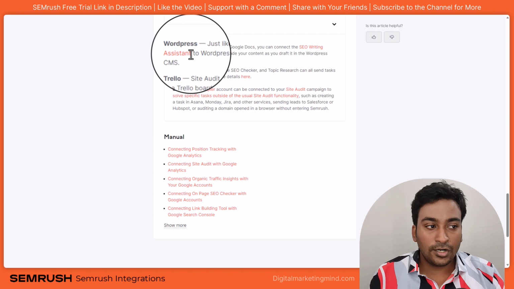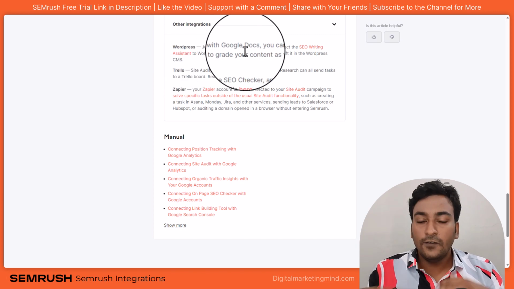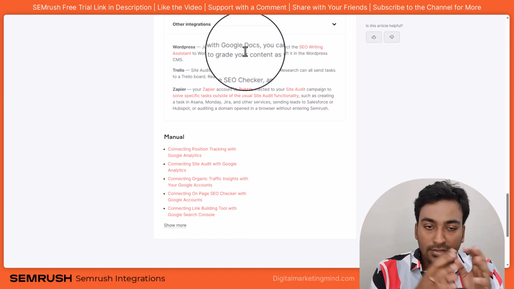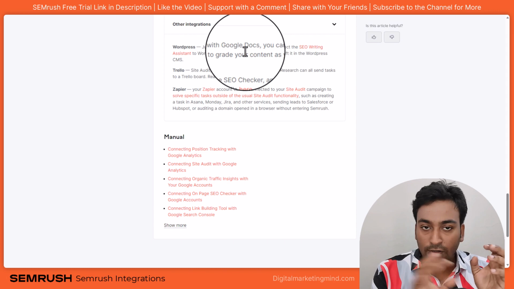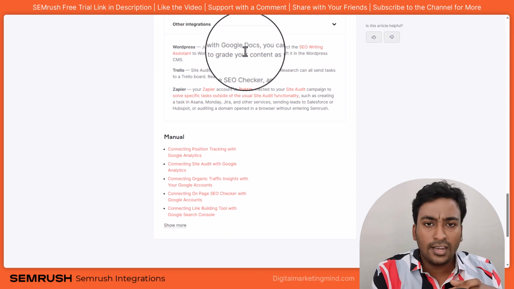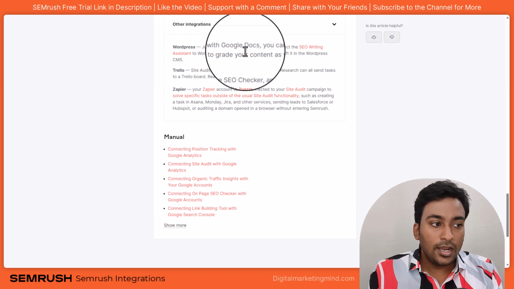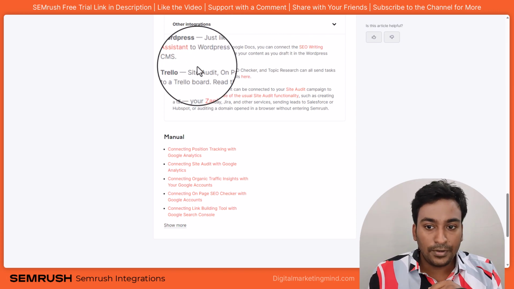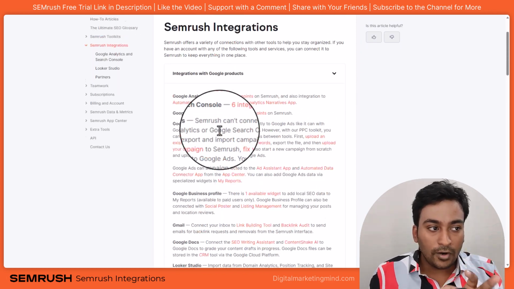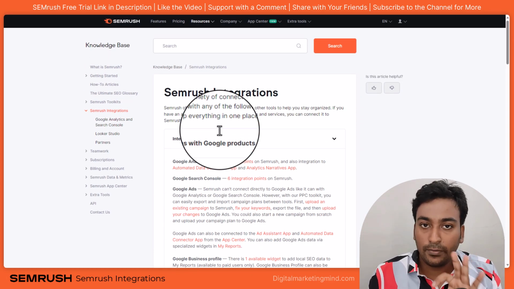Other integrations include WordPress, where they have a WordPress plugin for the SEO Writing Assistant. Basically, you can go into the WordPress plugin database and search for SEO Content Writing Assistant SEMrush, and you will find it, or I'll leave a link in the description also. Trello option is available, Zapier option is available, all these options are also available. So as of now, these are the integrations which are available through